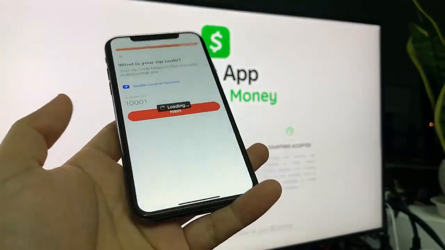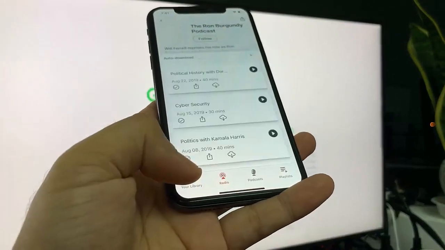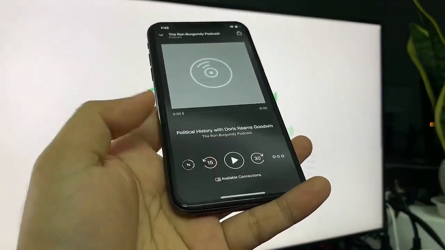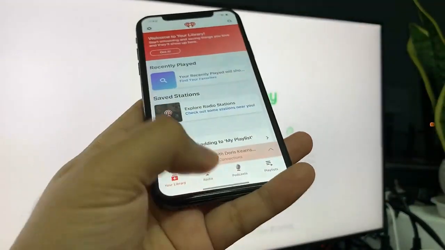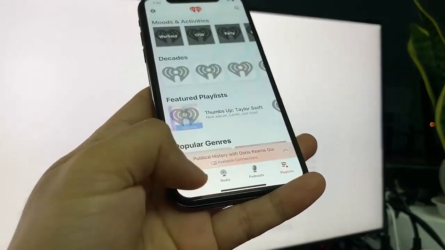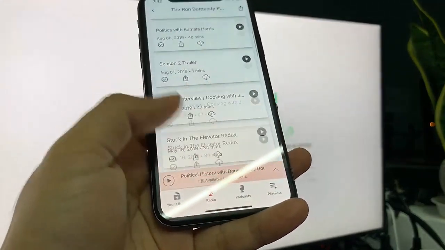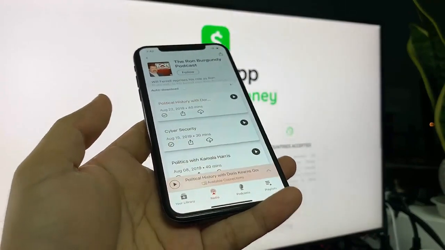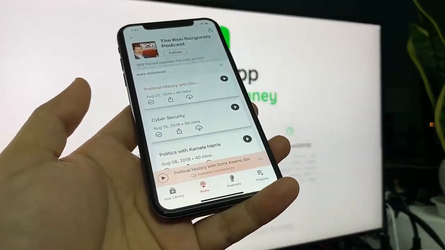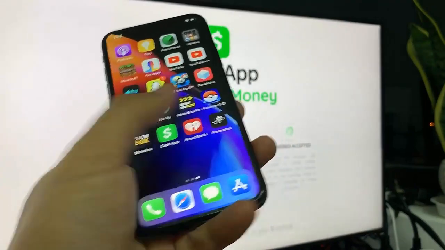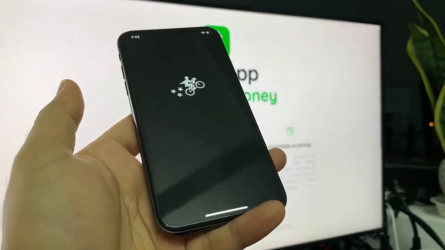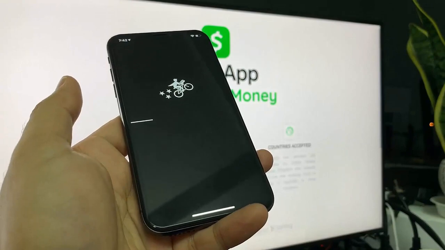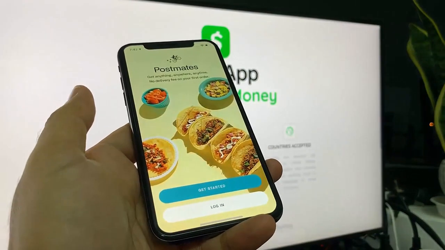Alright, so I registered for my account, so now I'm just going to go ahead and do some interactions with the app just to make sure I'm on the app for at least 30 seconds. Alright, and once it's been at least 30 seconds, I can go ahead and get off the app and go on to the next app. So this app, the instructions are very simple. All I have to do is just make sure I'm on the app for at least 30 seconds, no specific